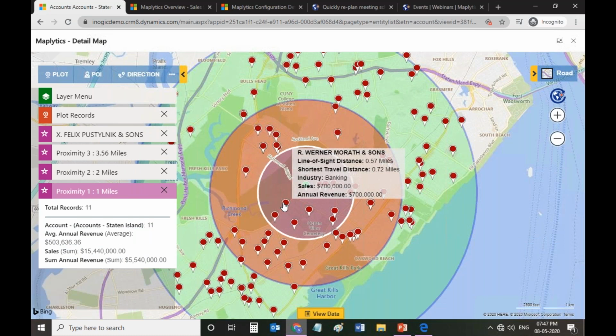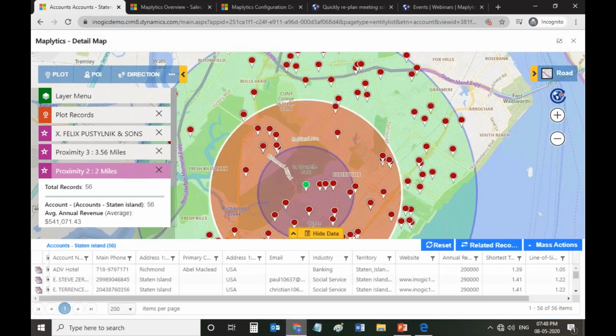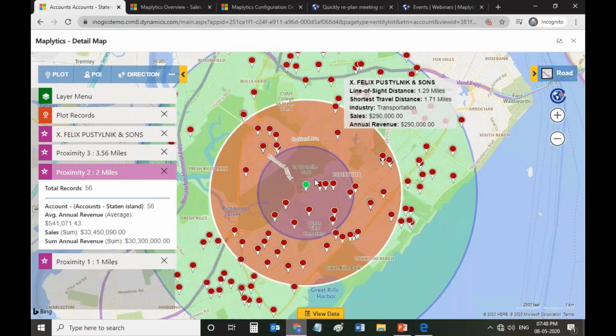So another most useful use case, the most basic use case that we have come across, is that our customers, let's say they will be hosting an event at this particular location, and let's say they want to see how many records are lying within the vicinity of that particular location. So this is how they can see how many records are there in the surrounding, and this is how they can decide which of the records should be invited for the event. So here, let's say I feel that all of the push pins, all of the records that lie within these two circles can be invited for this event.